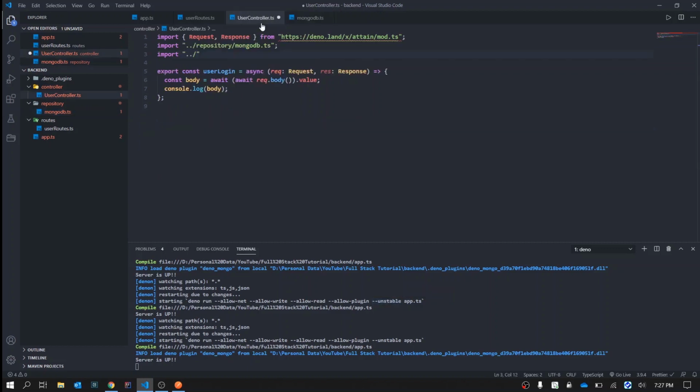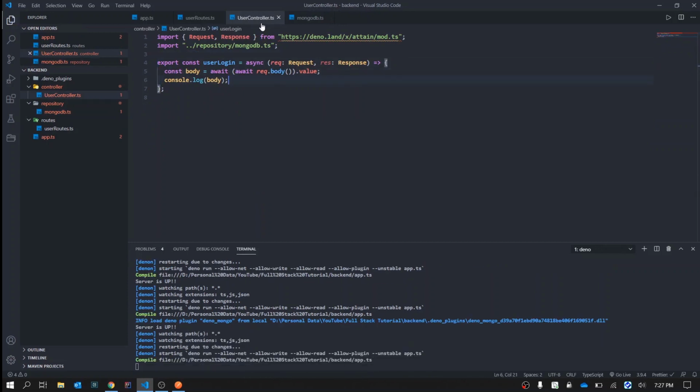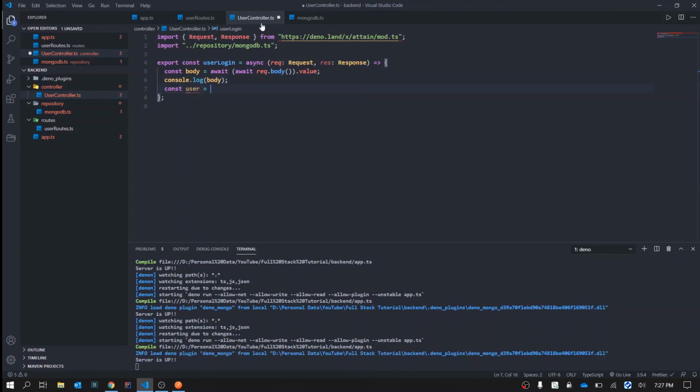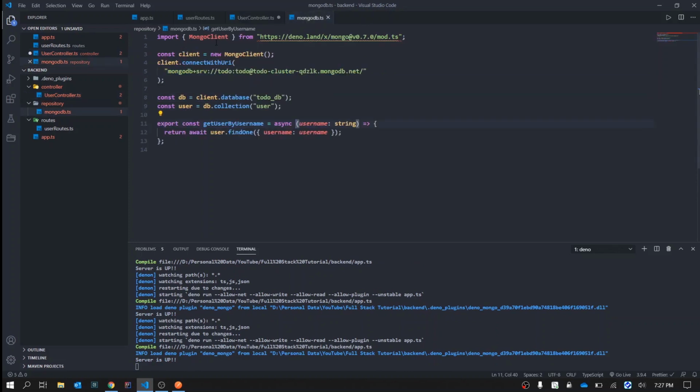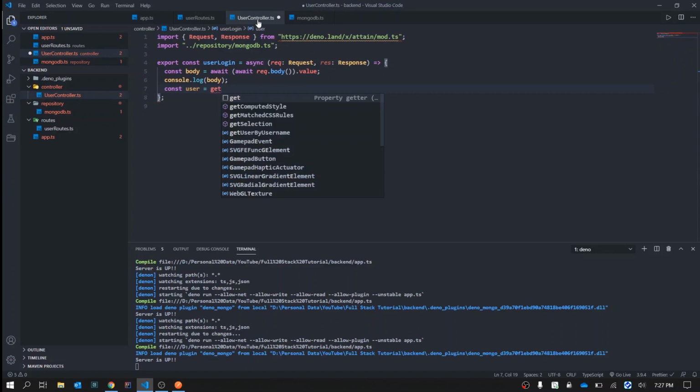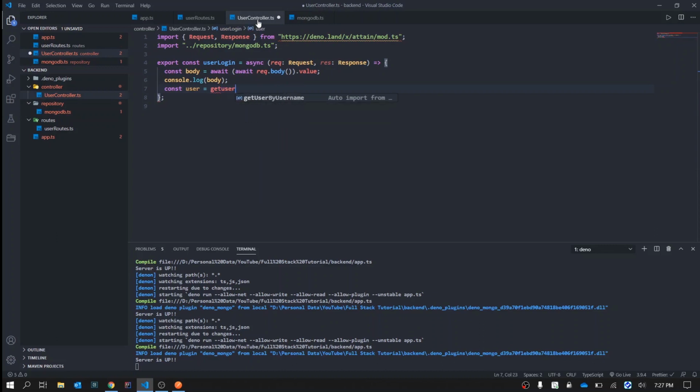We'll go ahead, remove this, save it, and now once we console log our body, then we'll get the user, and where we'll get the user from? We'll get the user from Mongo. So what is the function? Get user by username, again .ts.